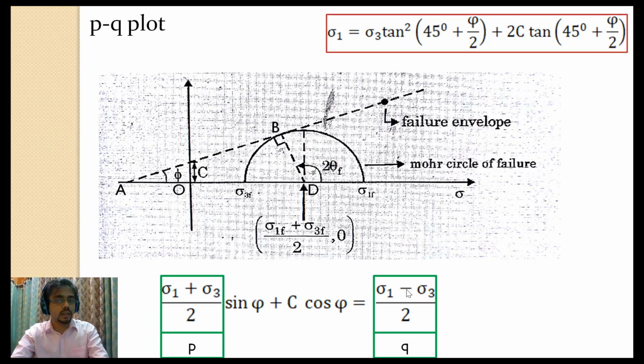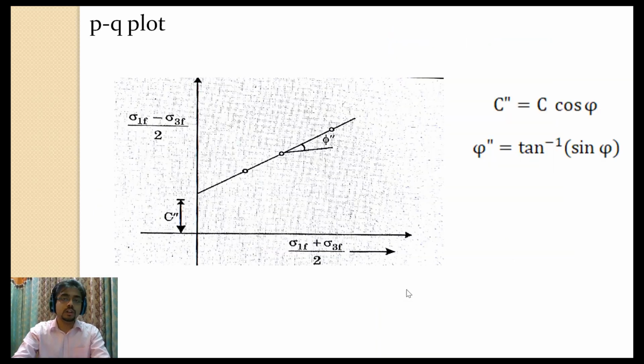If the gradient is phi double dash, this is not exactly the phi value. We have told you about the shear strength parameters c and phi; in this case this phi double dash value is not the actual phi value. So from this phi double dash value, we can find the phi value by a simple expression, which is this: phi double dash value is equal to tan inverse of sine phi. We're going to have three separate P and Q values.